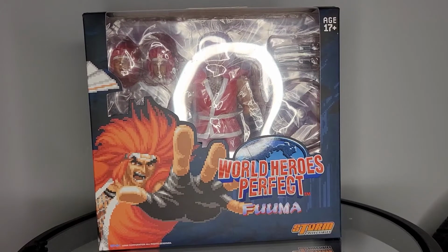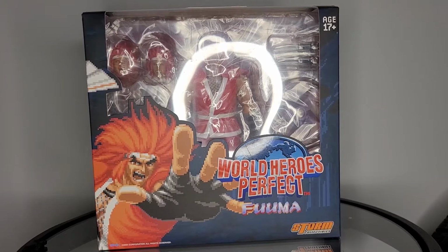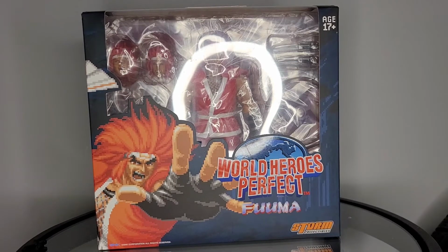On today's review, we take a look at the Storm Collectibles World Heroes Perfect Fuuma. Today I'll be reviewing this figure in the following categories: accessories, articulation, design, is it essential to your collection, functionality, and price. Once those scores are totaled, I'll give you my opinion if this figure is a pass or a